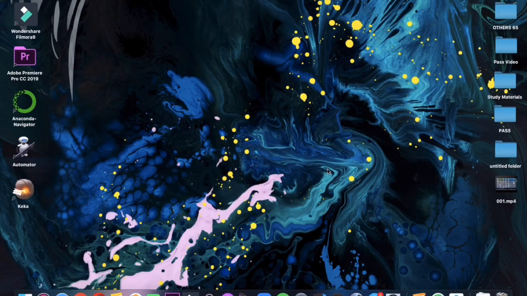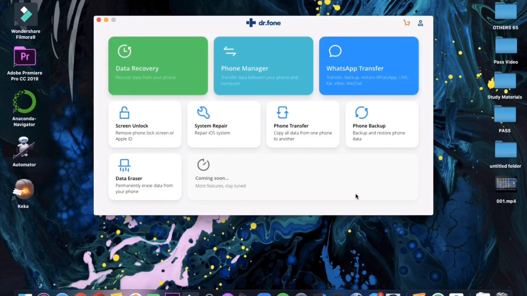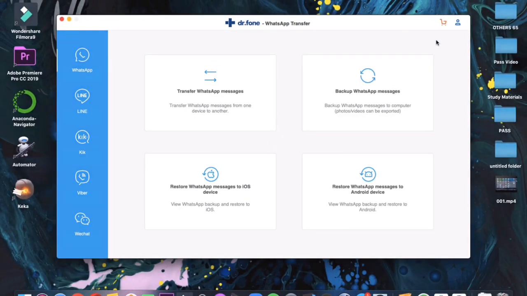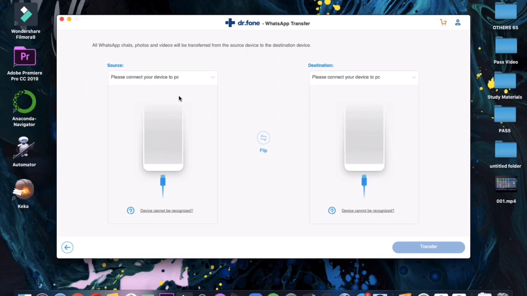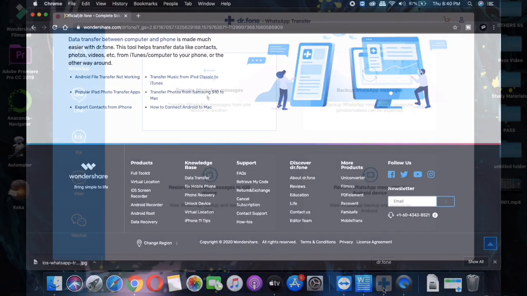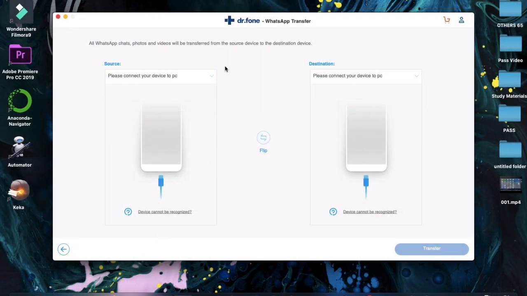These days, a lot of people switch to iPhone from an Android device, and the biggest problem faced by them is losing their WhatsApp chats, messages and medias. Even if you're having a proper WhatsApp storage backup or Google Drive backup, it doesn't matter because you cannot restore that on your iPhone, because iOS only supports restoring messages which are backed up on iCloud.